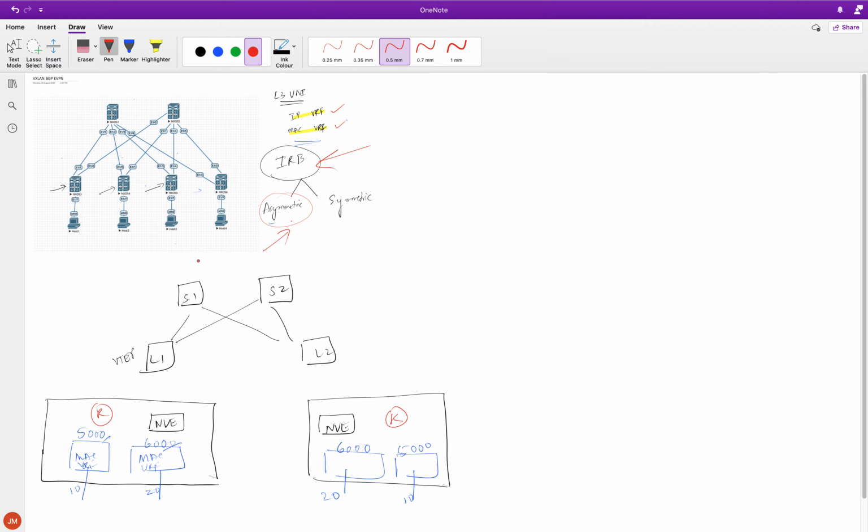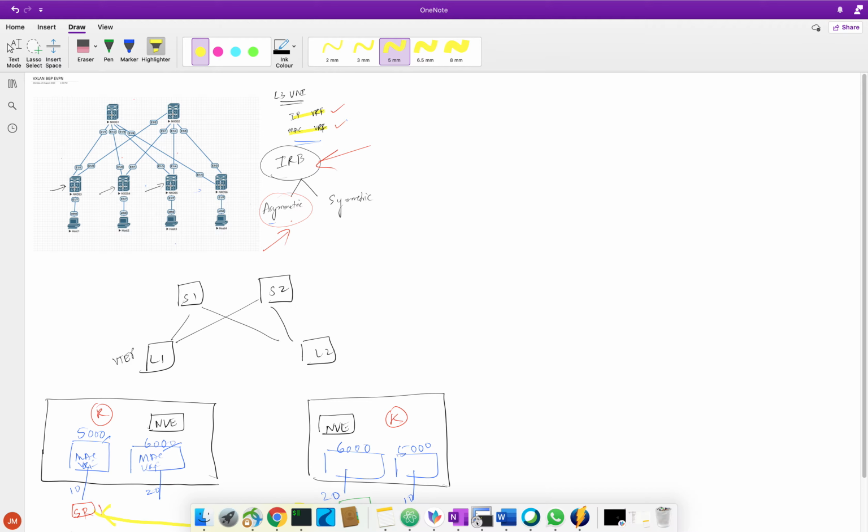Okay, so now how does the forwarding work in such a scenario? How does the forwarding work? Very interesting. So what happens is, let me use a different color. Imagine I have a server over here. I have a server connected to VLAN 10 here. Let's say the server SR1, and I have another server, which is here, and that is server 2. And what do I want to do? I want to talk between these both guys,